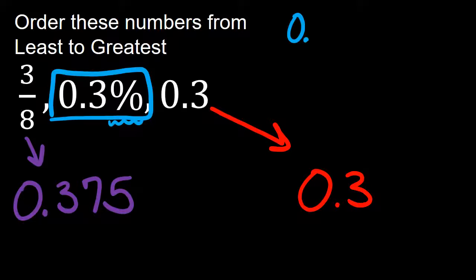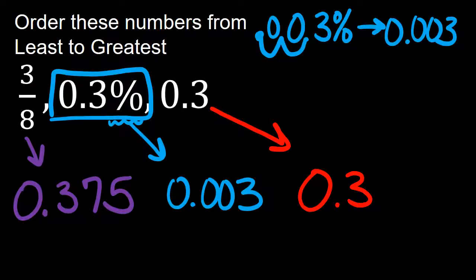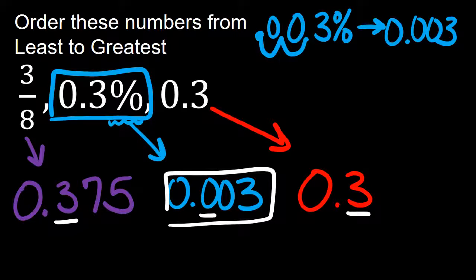So 0.3% as a decimal: what we do is we move the decimal 2 places to the left. So I'm going to rewrite this decimal as 0 and 3 thousandths. Let's go ahead and write that in as my decimal, 0 and 3 thousandths. So now I'm comparing these from least to greatest. For my smallest one, we have to compare the tenths place first. When we compare the tenths place, we're seeing that 0.3% is going to